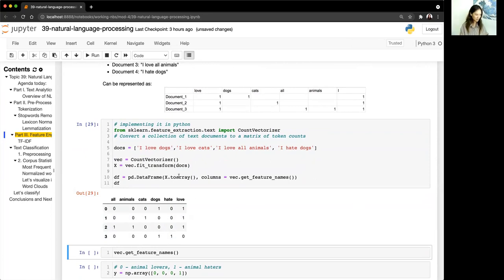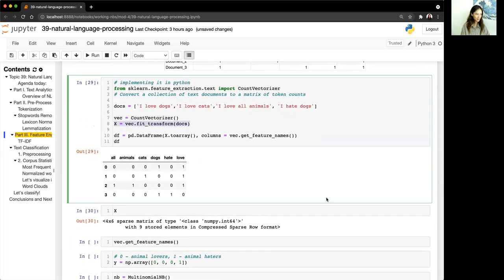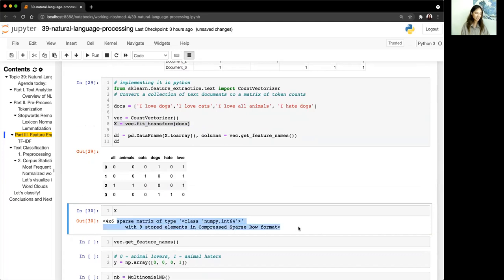So what's happening over here? Why do I have to do these steps? Let's take a look at what X gives us. X, where we do the fit_transform, is a sparse matrix. The reason it is a sparse matrix is because text data is typically very sparse, especially if you're doing a bag of words method. These are very short sentences, but there are a lot of zeros, right? Because not every sentence has every word. And so it's a lot more efficient to store sparse data in a sparse matrix.